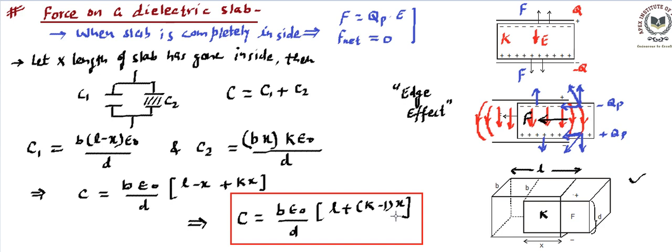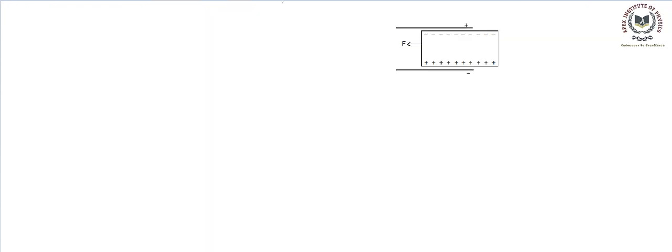Okay, now we will be using this C to find out how much the force is going to be. We will be dealing with this force in two different cases. So let's see that in the next slide. So let's talk about the two cases. Case number one, we are trying to find the force on this dielectric material. This case one says this capacitor is not connected with the battery. So the capacitor has a charge, but it is not connected with the battery.